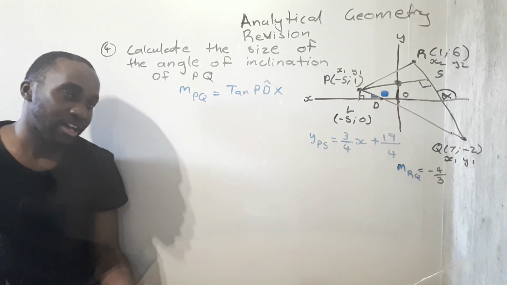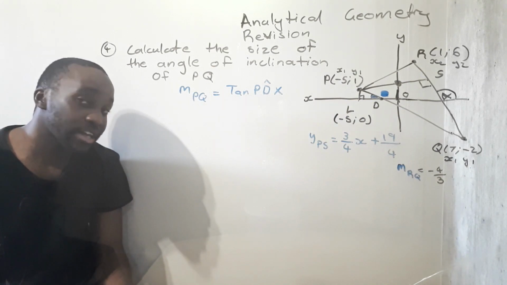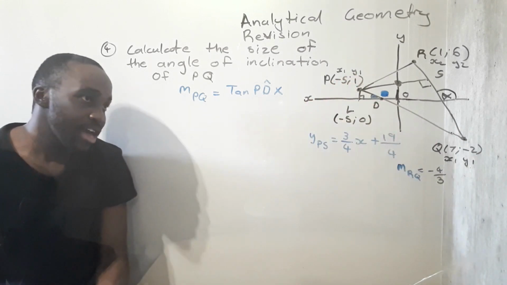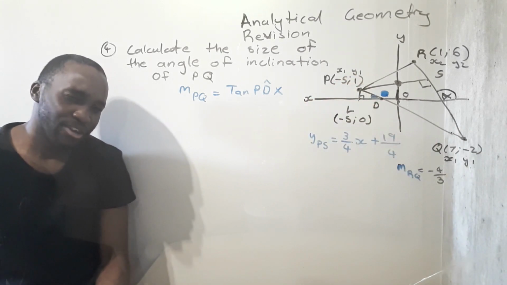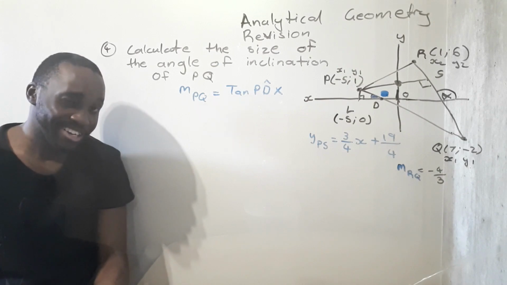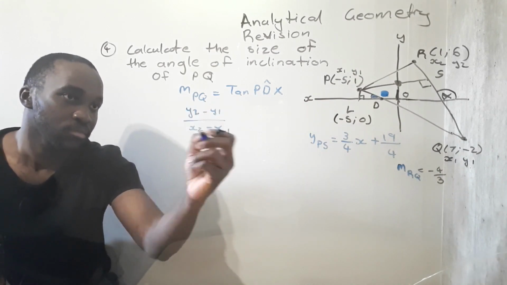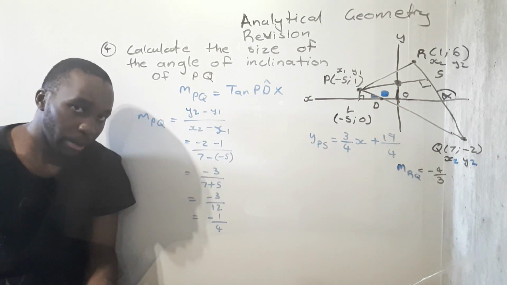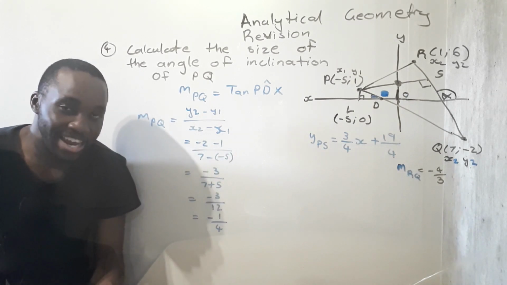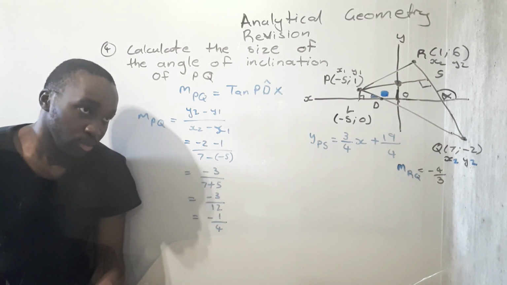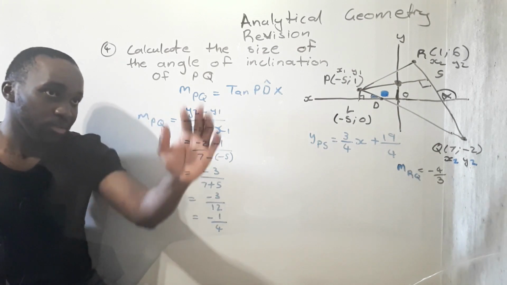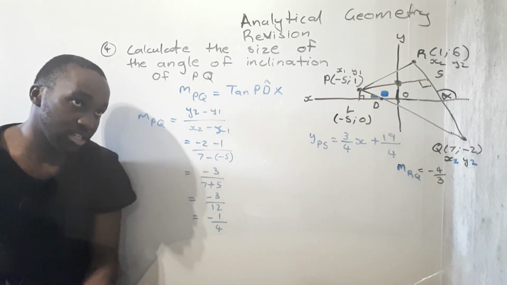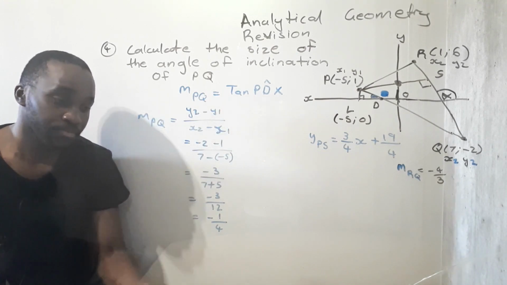So after having done that, we can see that if we're going to get that angle there, we need the gradient of the line PQ first, of which the gradient of that line, we can just use our gradient equation. There we go. Our gradient of that line is just -1/4. So the moment we have that gradient, we can throw that in this equation and then get the angle PDX. Doing that,